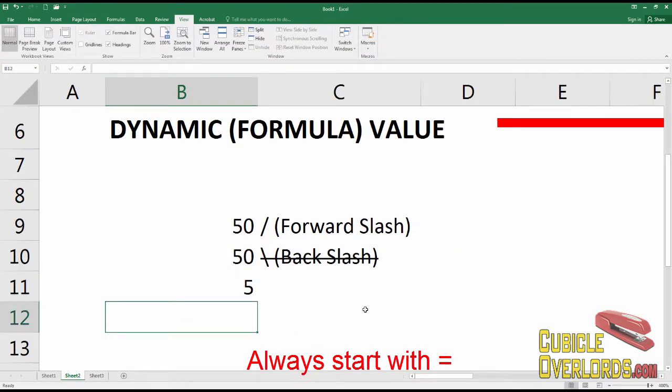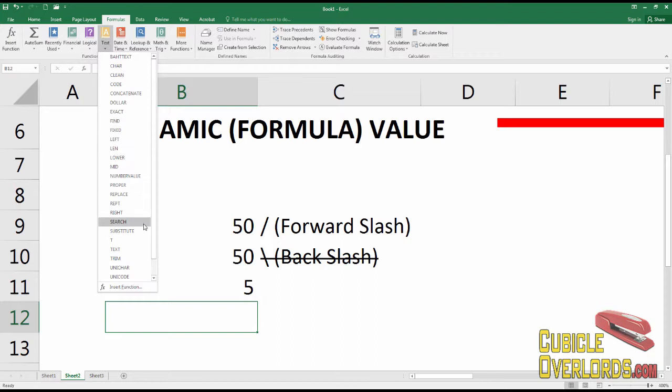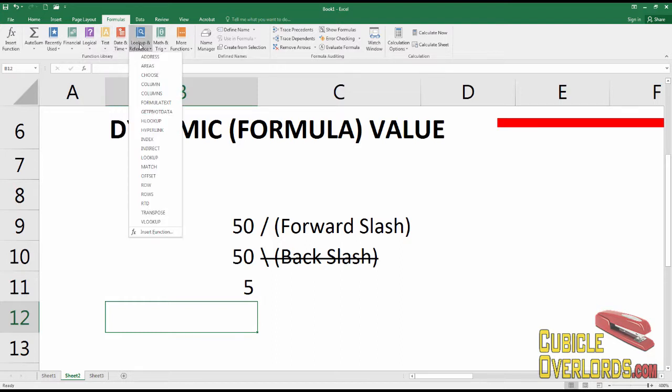Now, Excel has a whole lot of other functions aside from the regular old mathematical functions, and those can be found here where it says formulas under this section which says function library. You just look at the topic that you want to cover, for example, date and time functions, logical functions, financial functions, lookup and reference, and so on, and you select the drop down. And right here, you get a list of the most common Excel functions. For example, these are logical functions, these are text functions, these are lookup and reference functions in Excel,